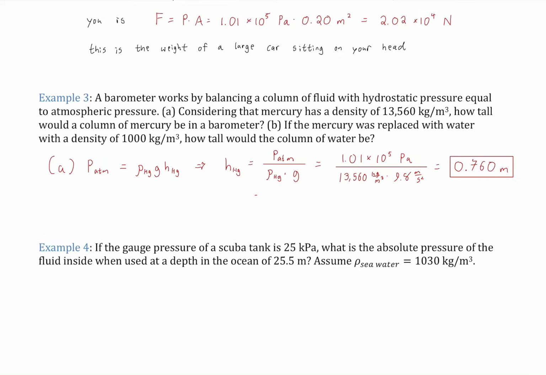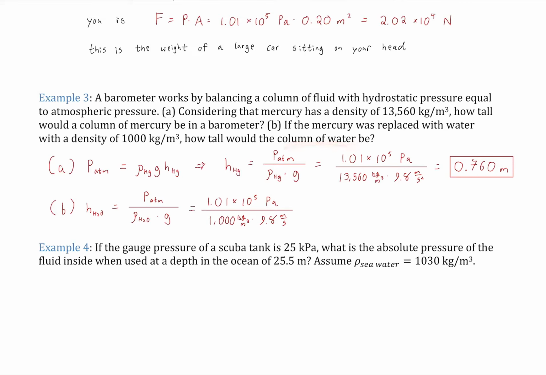That's where the term comes from, or the common unit to express atmospheric pressure, the typical value. We say the atmospheric pressure is 760 millimeters mercury because of mercury's common use in barometers historically, not as common today. Okay, so that is a barometer made out of mercury, which is the most dense common fluid out there. Okay. Now, what if instead we wanted to replace the mercury with water